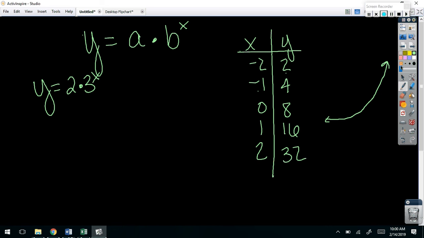This is exponential. We've already done, you know how to write the equation of a line given 2 points. Now we're going to write the equation of exponential growth given 2 points. Okay? So, the first thing you want to do,